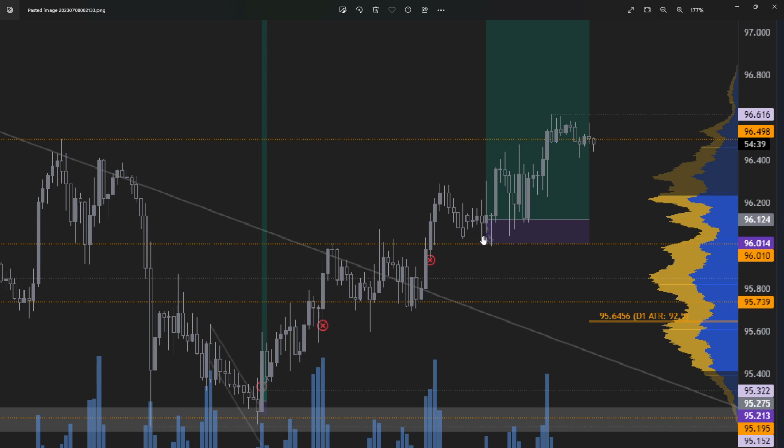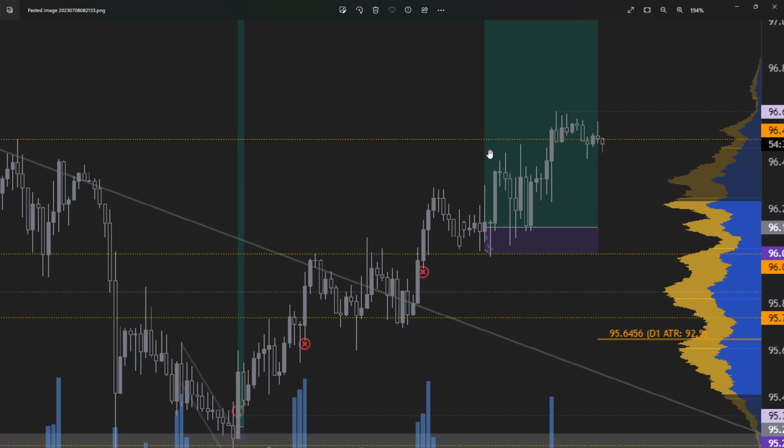So I could have done better by just waiting for that price to actually be activated, price to go a little bit lower, for that low to be completely taken out. But that was the setup overall. And also another thing for this setup,